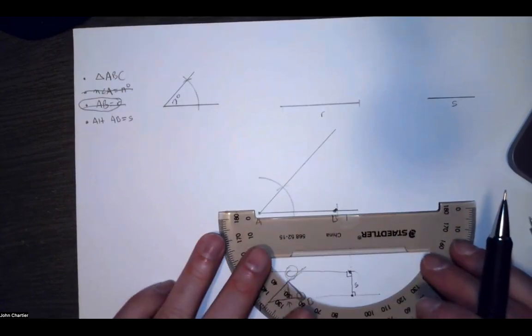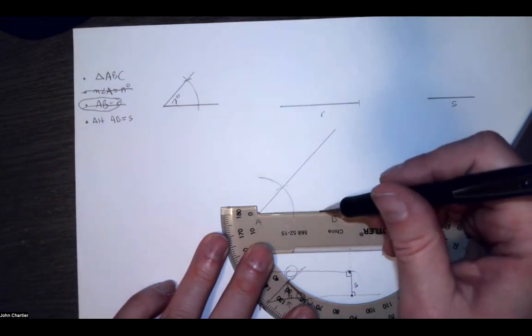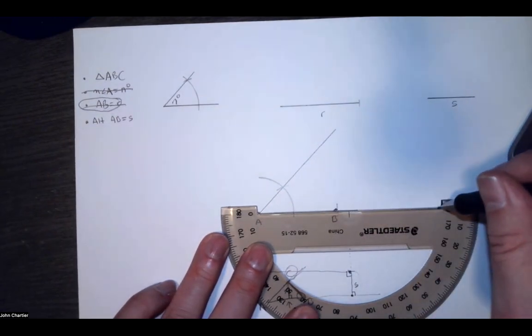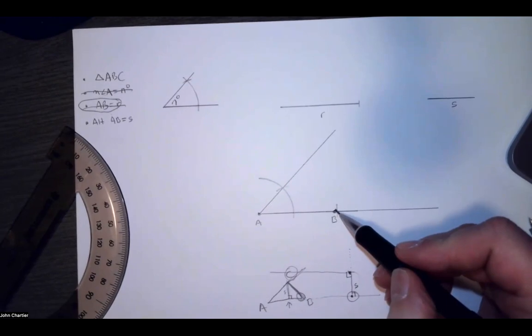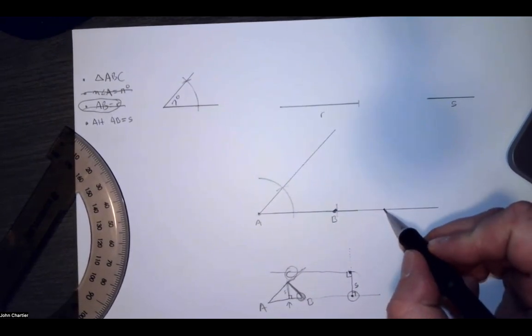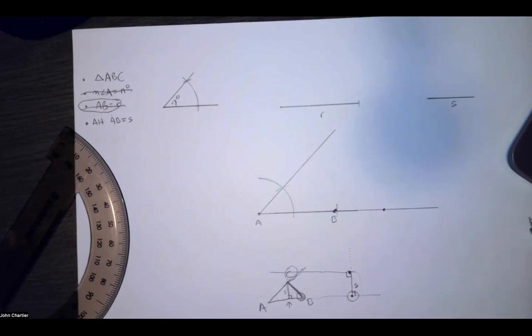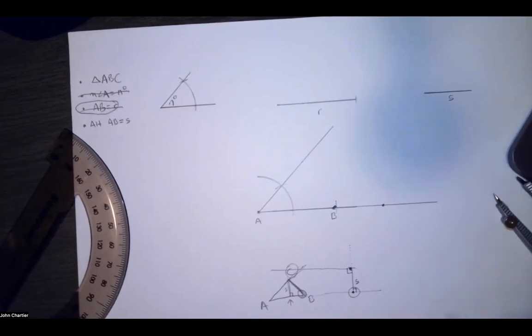All right, to execute that, here's what we do. So I just need to extend AB a little bit further, okay? Because what I'm going to try to do is I'm going to make a perpendicular right there. Now, could I make a perpendicular from B? Sure. I'm going to make it over here just so it's out of the way from the triangle, my eventual triangle. Some would argue just do it from point B, and I would agree. You can do that.